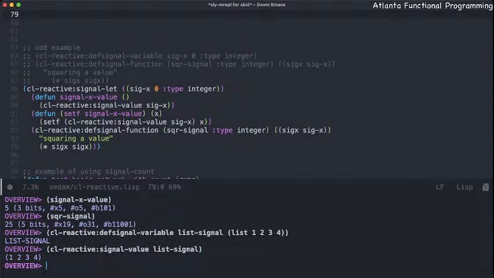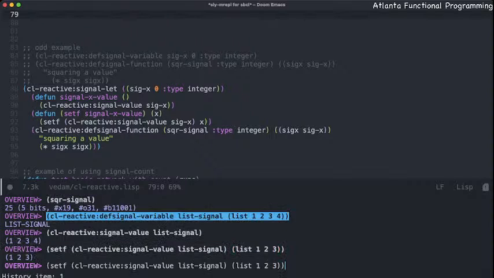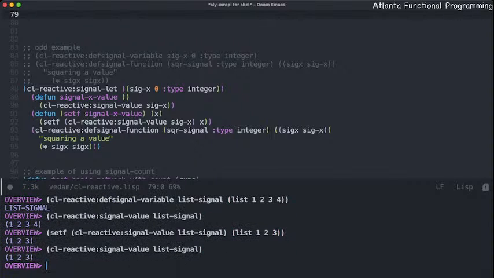Okay. And if we go and set f it, we can certainly set f it with our normal 1, 2, 3, and get the value back. If you try to modify the existing list destructively, so if you use nreverse on this list or what have you, you will potentially end up having some issues, especially if you start leveraging signals with cl-reactive